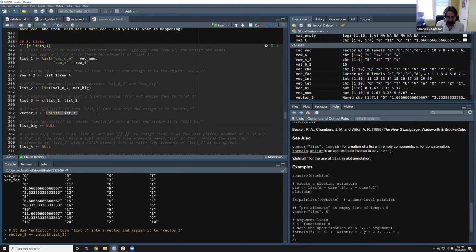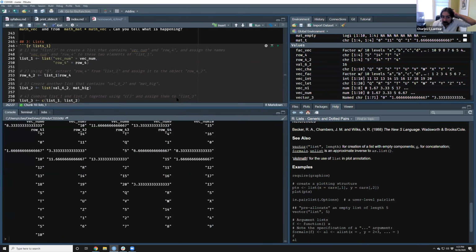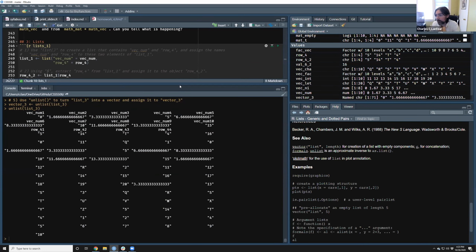If I say unlist 3, we get a really weird thing out, okay? So if we unlist a list, what it does, unlist takes a list and converts it into a standard vector. But the way it does it is a little odd. It just strings all of the sub-elements of these lists together in order.